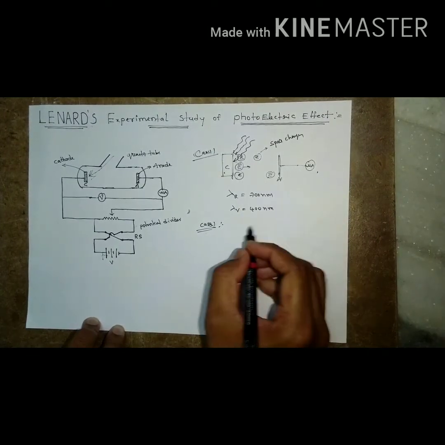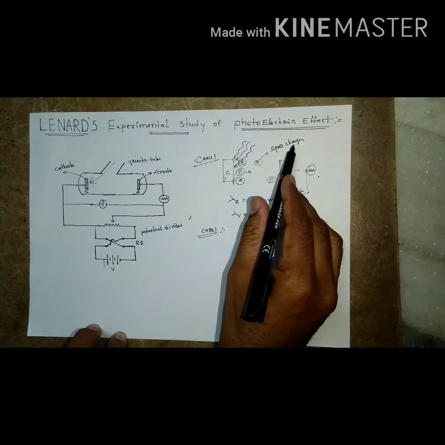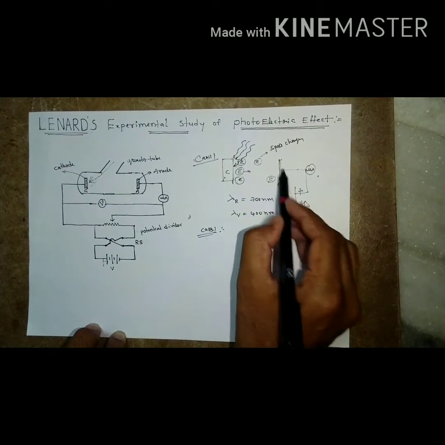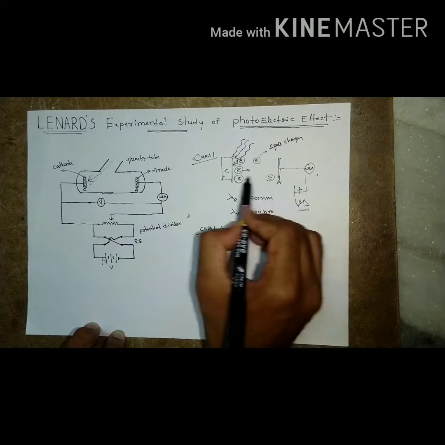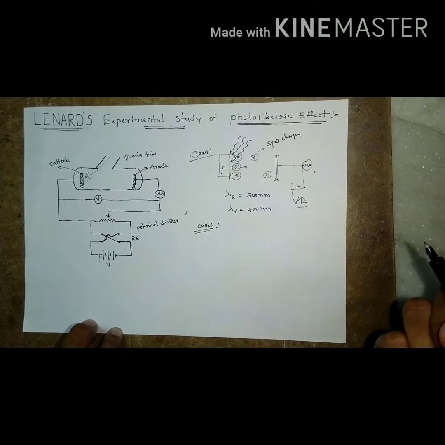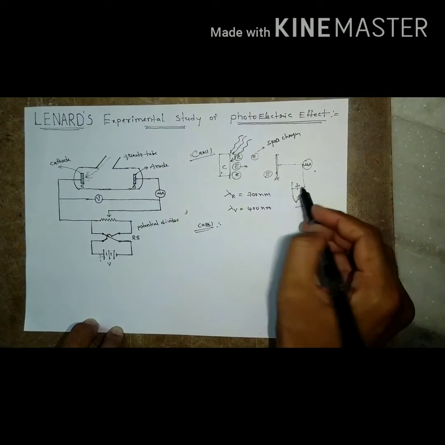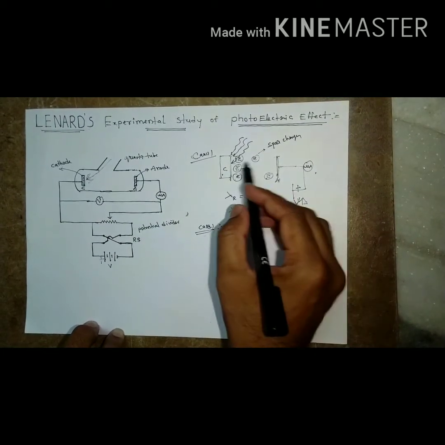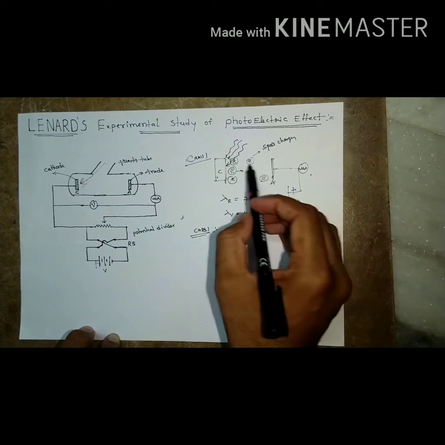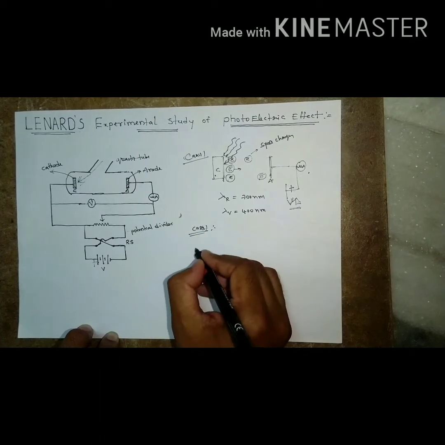Now the anode is connected to the battery's positive terminal. What happens? The space charges are attracted towards the collector. All the space charges move towards the collector, so as the electrons are collected, the current increases. At one particular potential, the current remains constant. That current is called the saturation current. Now case 3.